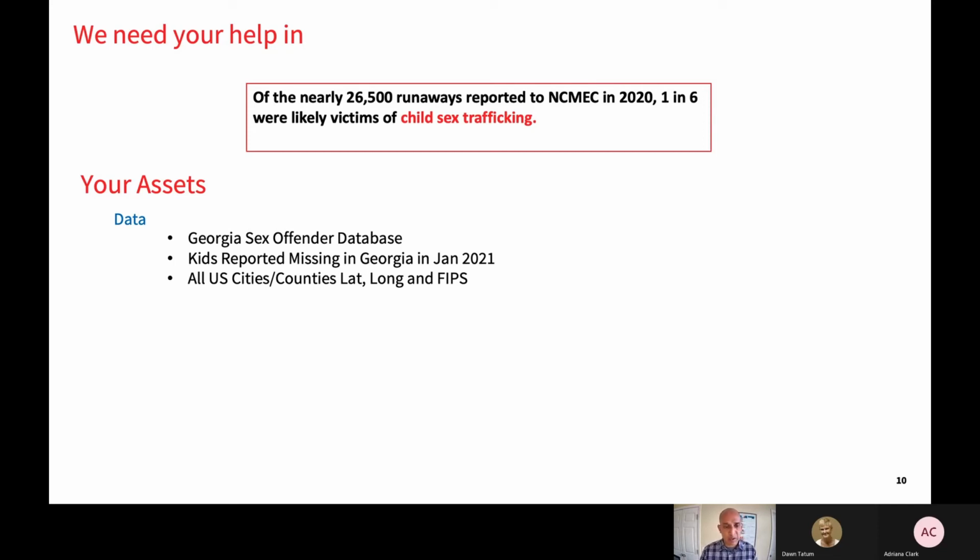We also will provide you a list of lat and longitude for every city and county in the United States. So this is going to be very good information if you want to project out geographically how a child who goes missing in a certain area is influenced by other people in that area, other criminals who live around that area.